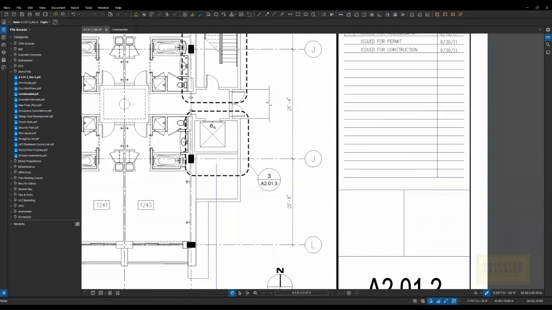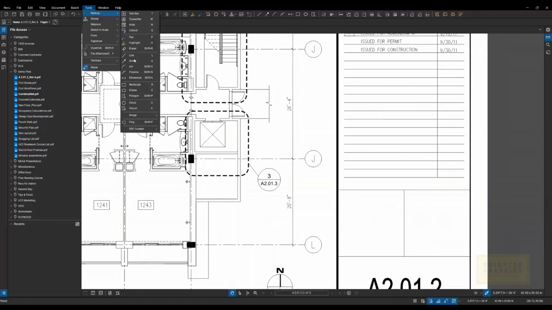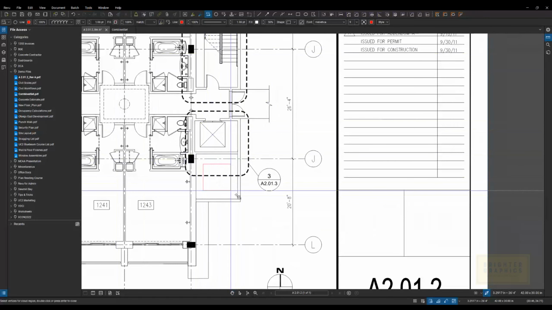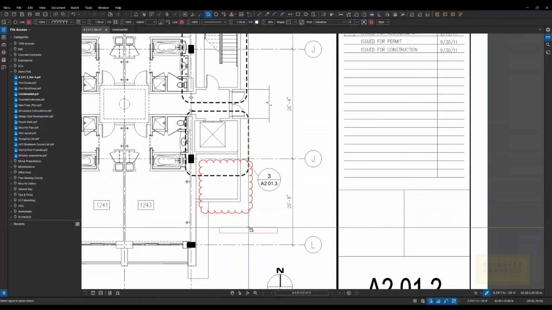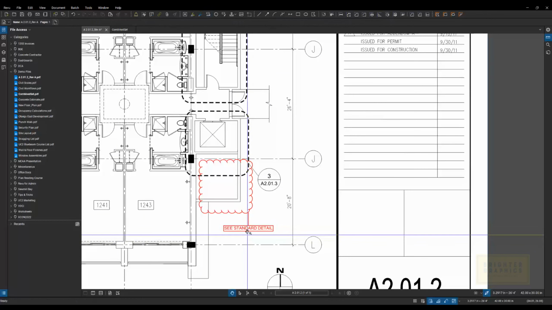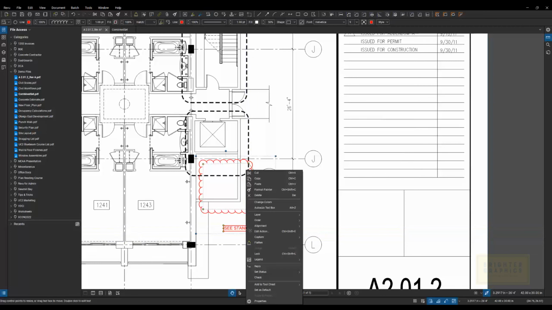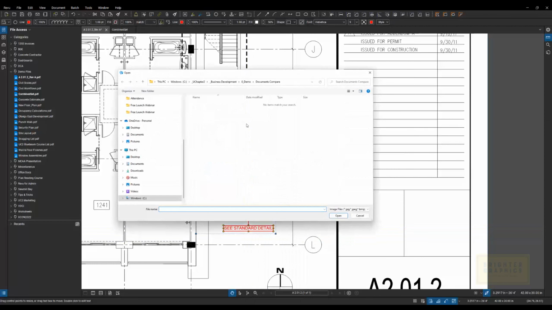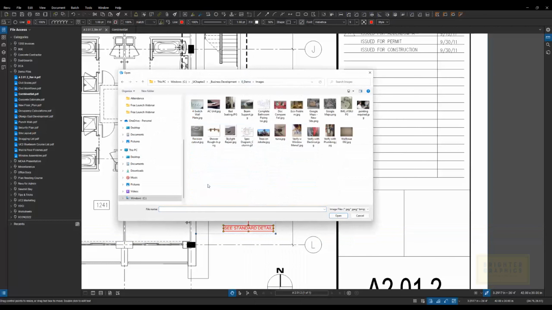I might grab my Cloud Plus and cloud this corner, come up here and paste my note or place that there. See standard detail, and then what I can do is select that markup, right click, and I'm going to go to capture from file, and I'm going to go out to where I have my images saved, select that standard detail and